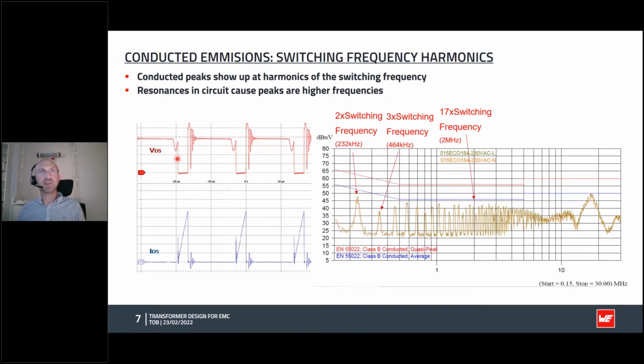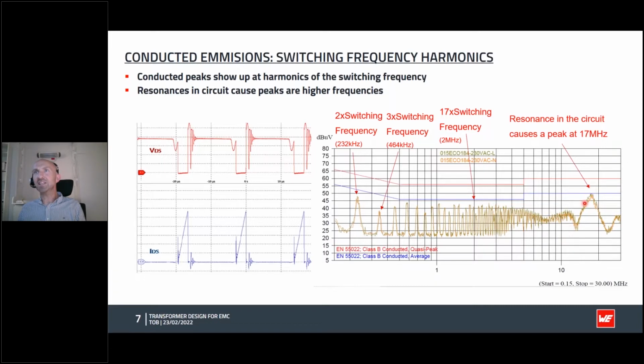So this voltage signal and this current signal can be made up basically of the sum of all these noise signals. Of course, there's some filtering and stuff that changes this, but it's more or less a demonstration of Fourier's theorem. Then if we notice up in the higher frequency, here this peak at around 17 megahertz,